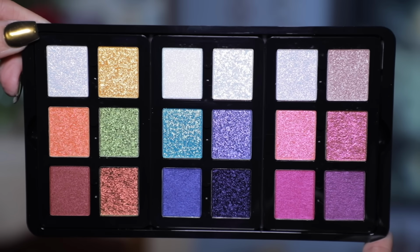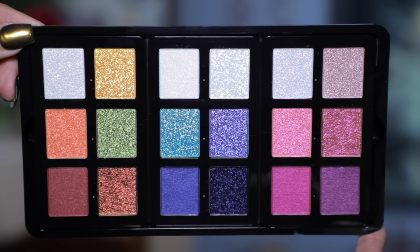This is the Lightwork palette. This is the Freedom palette, but I did have to point out that it came really well packaged. Like nothing was gonna break with the way Danessa Myricks had this palette inside of this box. We have this really cool black, clear, transparent type acrylic cover on the palette. It just kind of opens up, so it's like really an artist style palette, and we have these gorgeous sparkly